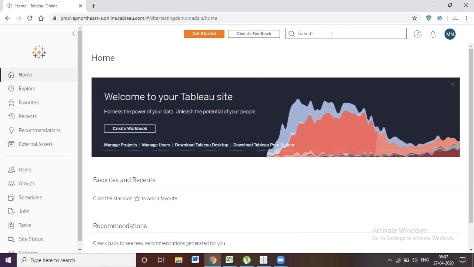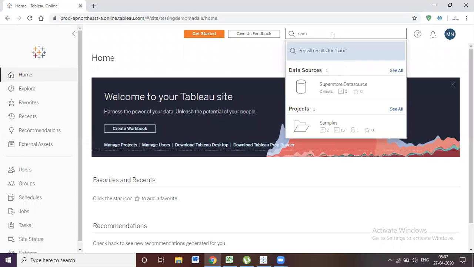In this search option you can search anything. If you're not able to find something, or if you want to find it quickly, you can search for it. You can use this option for a workbook or a dashboard or a data source, anything you can search. Now I am going to search a sample. Now you can see with the name which I have entered in the search bar, I got only these two. So this way you can search and you can click on this, and it will automatically open up, right?